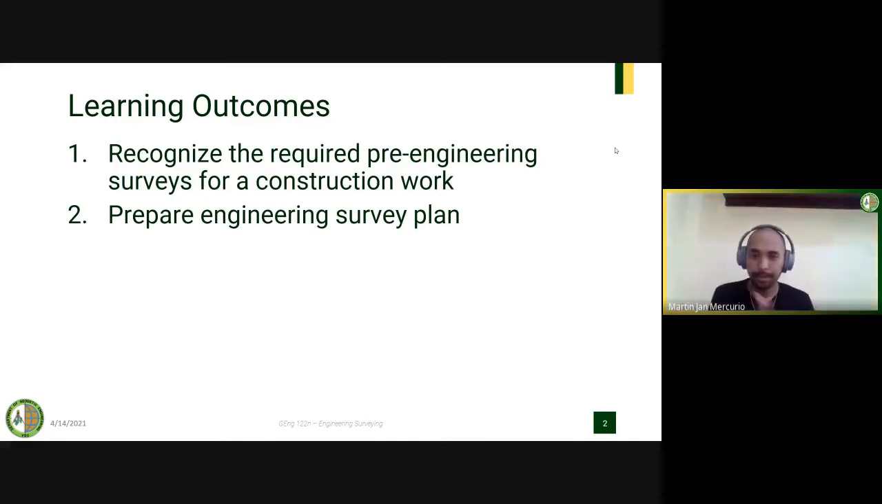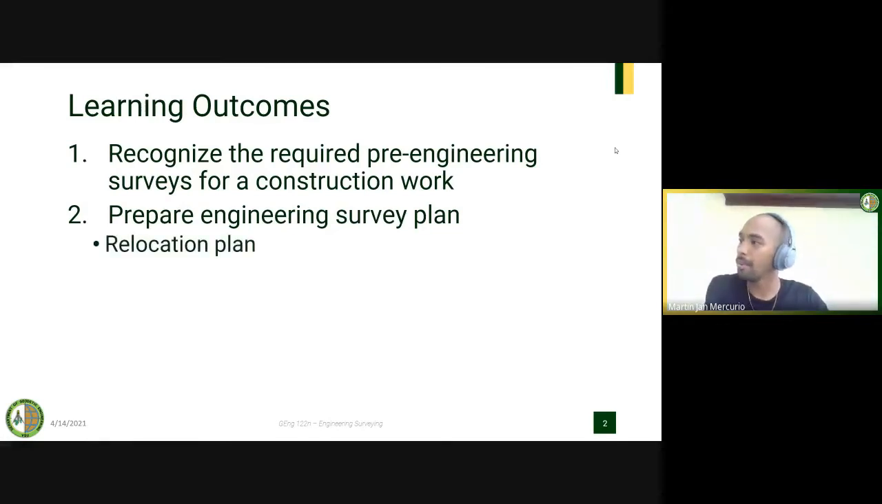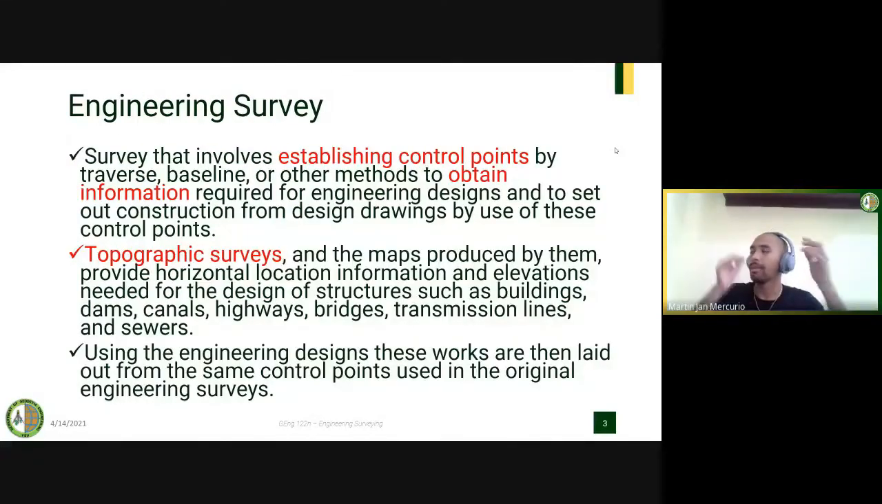Okay, so going back. So actually, in preparing pre-engineering survey plan, so we have the relocation plan, topographic map, and I think that's it. Okay, so again, engineering surveys is a survey that involves